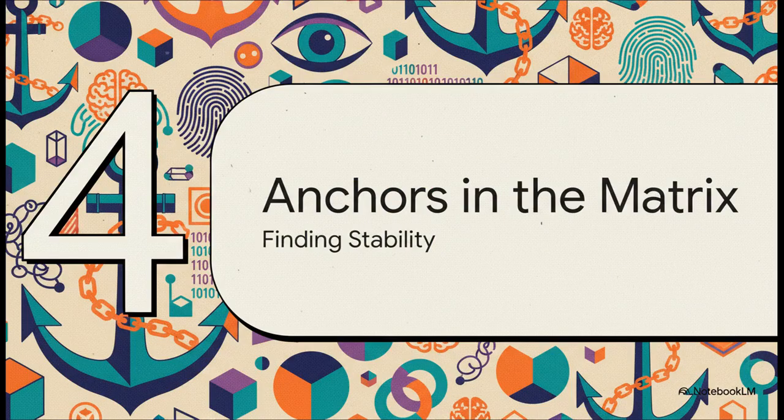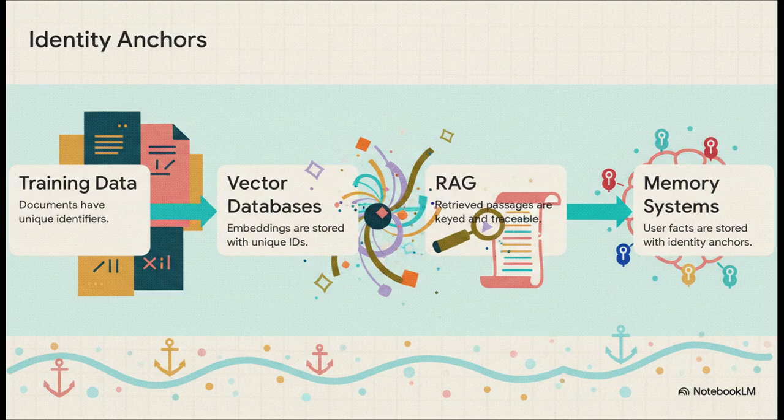Okay, so if thinking in similarities is so powerful but also so perilous, what's the solution? How do we find some stability in this probabilistic world? Well, the answer is you don't use it alone. You find ways to give it anchors. You ground it in the world of identity. And here's the really crucial point. Identity isn't actually missing from these systems. It's just working in the background.